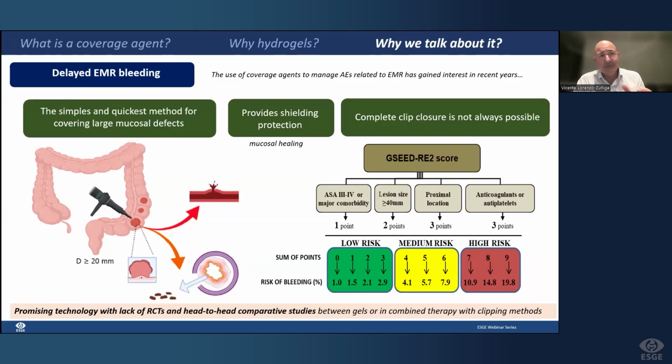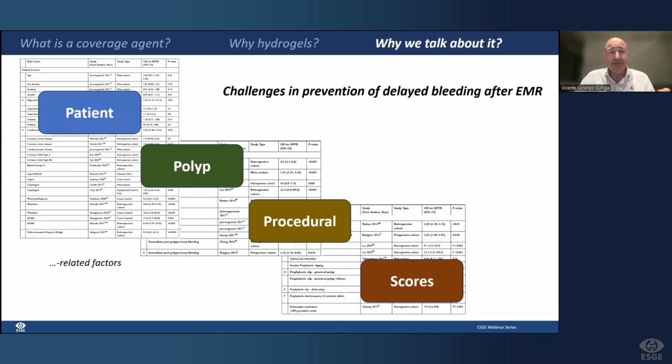Overall, the risk of bleeding depends on patient and lesion characteristics, so we have to focus on patients at medium and high risk of bleeding. Patients at risk of bleeding higher than 4 or 5%, but perhaps we can find a difference between the expected bleeding and the observed bleeding; perhaps the technique, the accuracy, your expertise is one of the reasons for this difference. But despite this, I think this is a promising technology. Today we have a lack of randomized clinical trials and head-to-head comparative studies between different hydrogels or combinations with other mechanical systems like